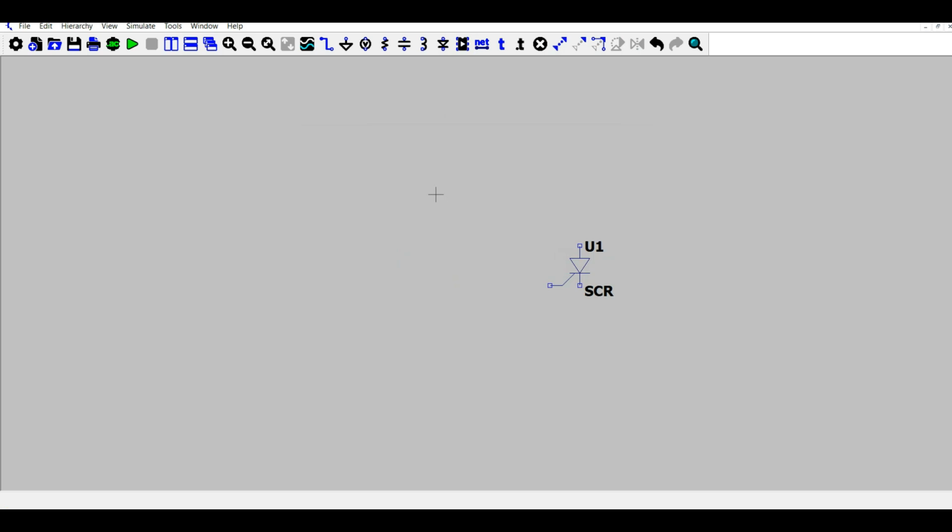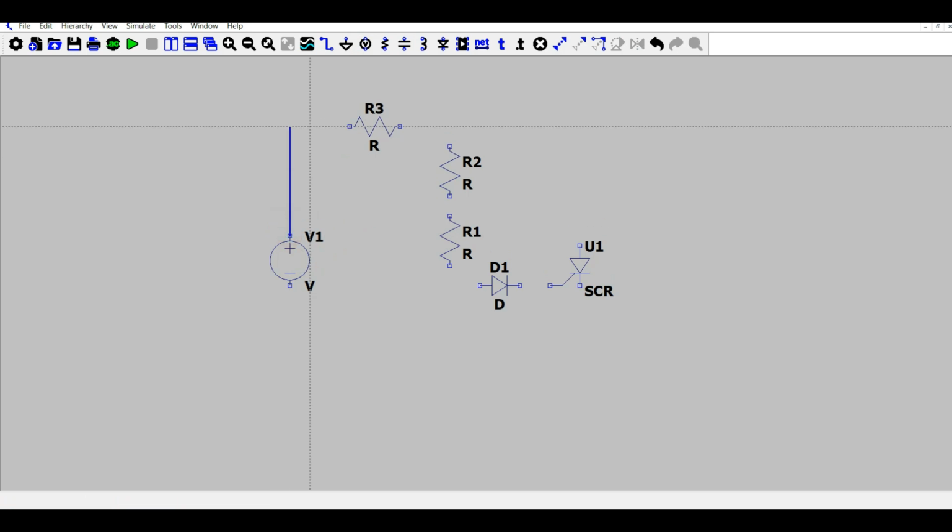Then we will be in need of a few resistors here and then a load resistor. There is a need for a diode as well. Then we will be needing a voltage source. Then let's connect these through the wires,